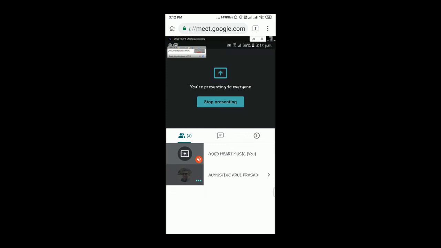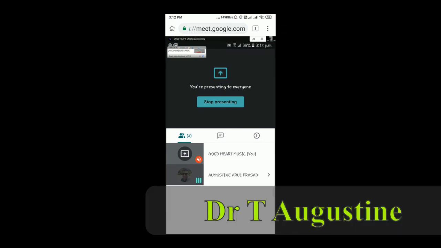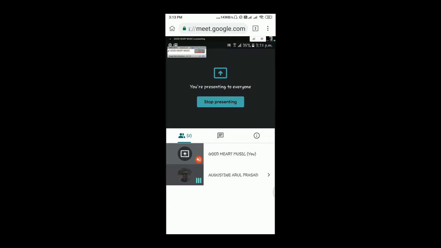You can join the same using a normal browser, or you can simultaneously use 2 mobile phones, one for taking attendance and one for presenting your screen. So please remember, if you want to take attendance in a Google Meet, please use your Kiwi browser to take the attendance, and after taking the attendance you can come out from this Meet itself, or you can come out from the browser and you can use your normal browser to present your screen. Or if you don't want to do that, you can join with 2 devices, one with your laptop and the other one with your mobile phone. So using your mobile phone, you can take attendance.